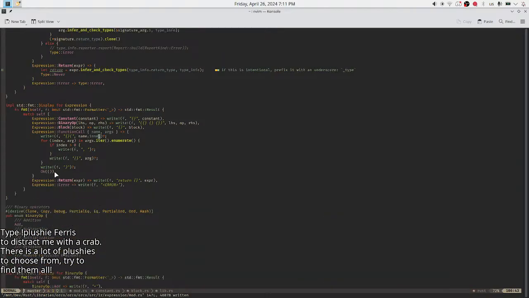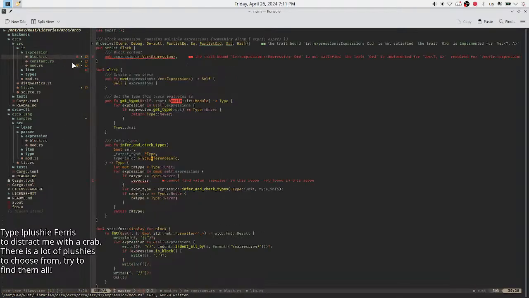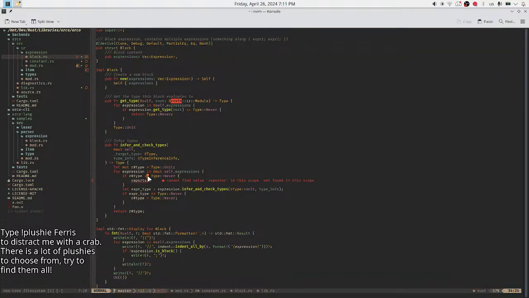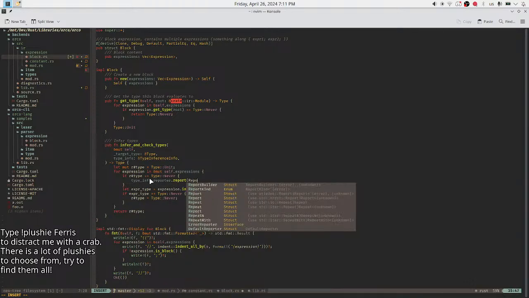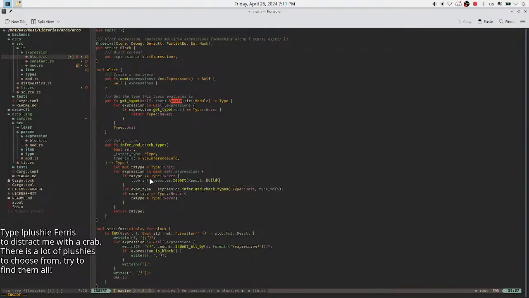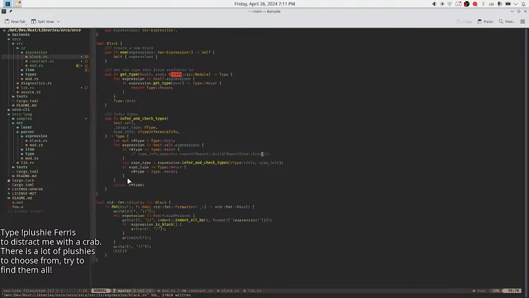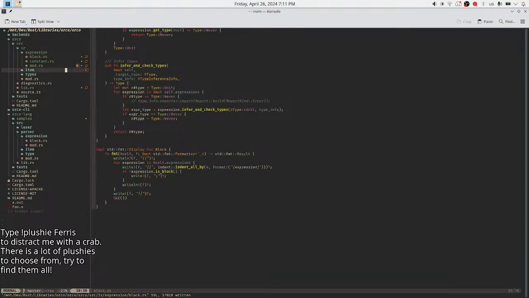So spans, I have an error. Well, much more errors. Expressions, or yeah, ordering. Oh, here I can do type info dot reporter report a new report build, but obviously I don't have spans yet, so I'm going to comment this out for now. Why is there an error here?